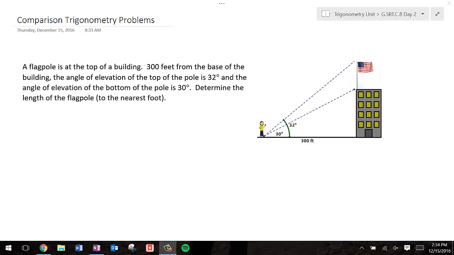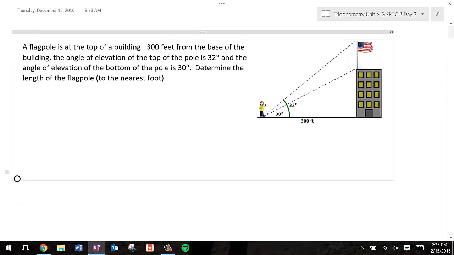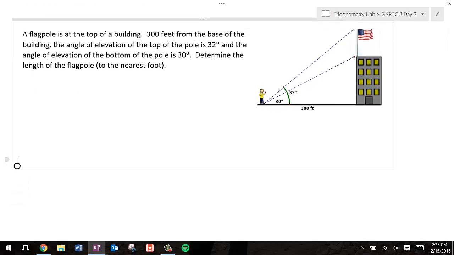What we're going to look at today are a couple more in-depth types of trigonometric problems that you might see. The first one being a combination problem here. In this case, we've got a flagpole on a building, and we have some information that tells us the angle of elevation both to the top of the building and the top of the flagpole. What we don't know is